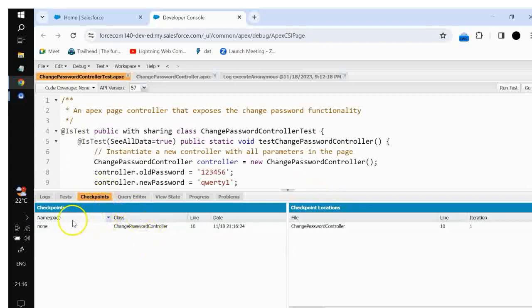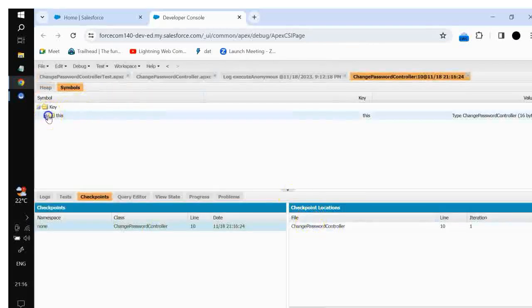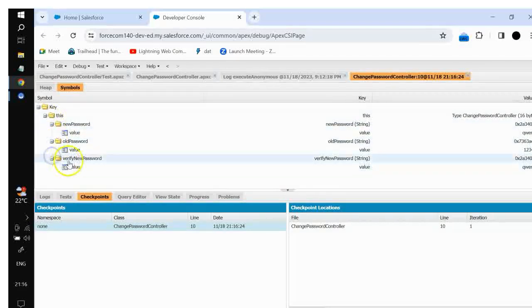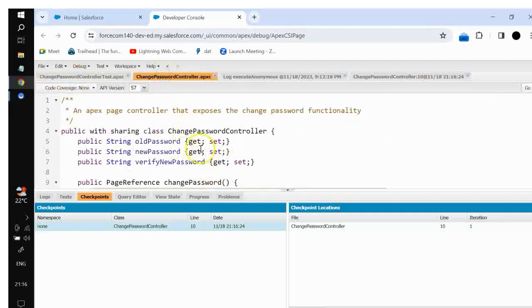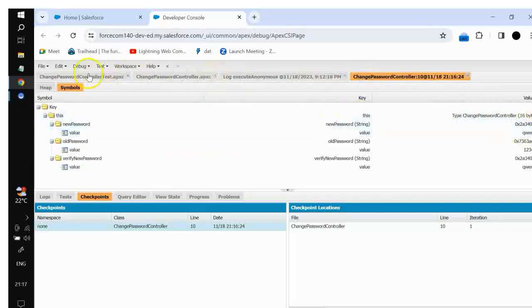We will go to the checkpoint, and as you can see, there is the new password value, the old password value, and the verified new password value. All the values we have set up are there. So as you can see, in this way you can easily debug